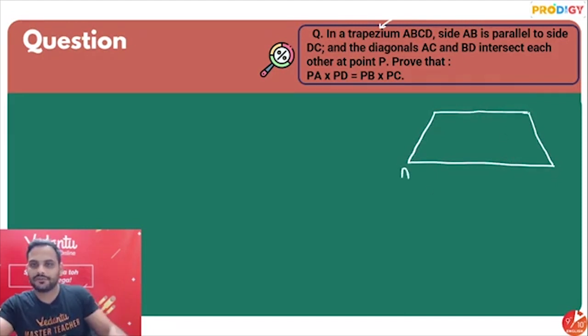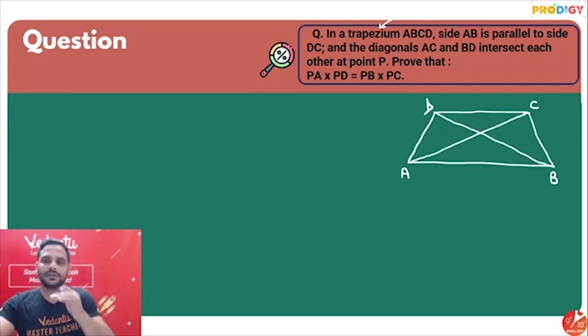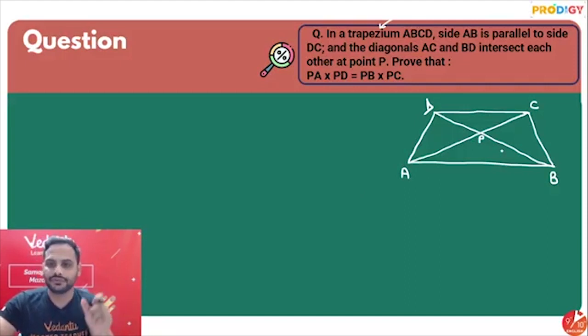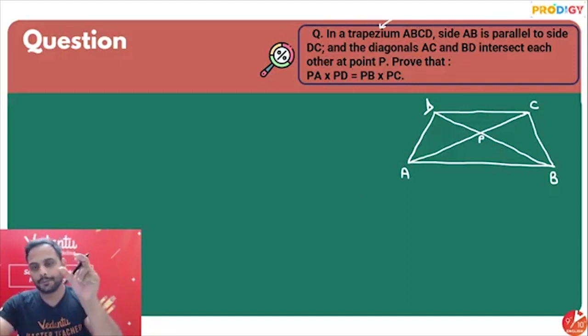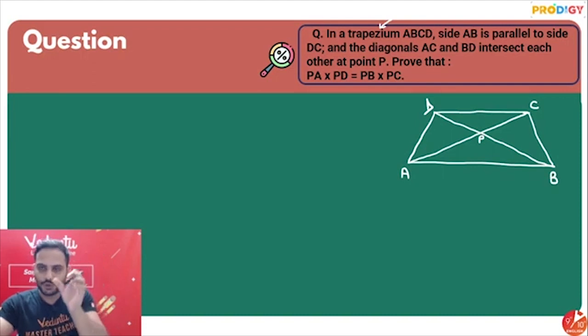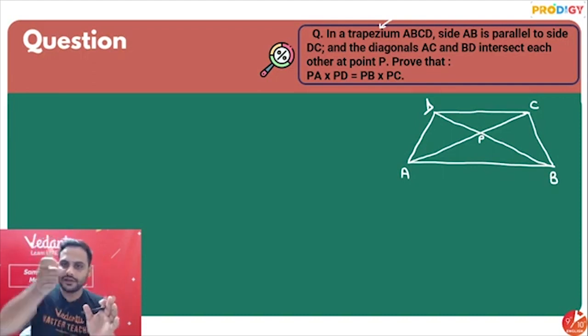What is the trapezium? A, B, C, D, and diagonals AC and BD. So let's draw diagonal AC and diagonal BD, intersecting at point P. Now, if we want to prove that PA into PD is equal to PB into PC,